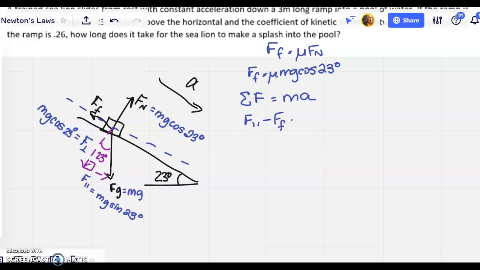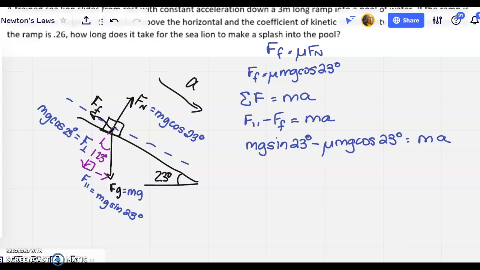That's going to give us our net force, which will be equal to mass times acceleration. So let's plug in these equations for parallel and for friction. M times g times the sine of 23 degrees minus the coefficient times mg cosine 23 degrees